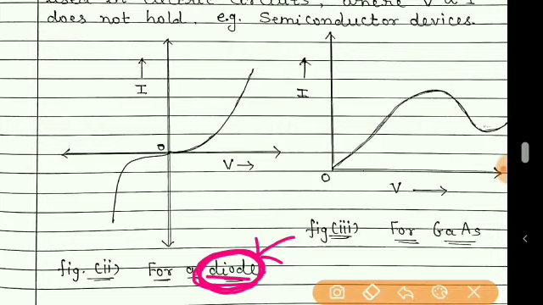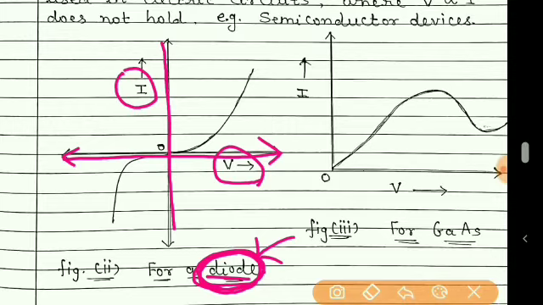So the graph for this diode is not a straight line. Its V versus I graph is a curved line. So if it is not a straight line, we say that it does not follow Ohm's law. Even you can see that when the voltage and currents are negative, means in reverse direction, then also graph is not a straight line, it is curved. So this device does not follow Ohm's law.